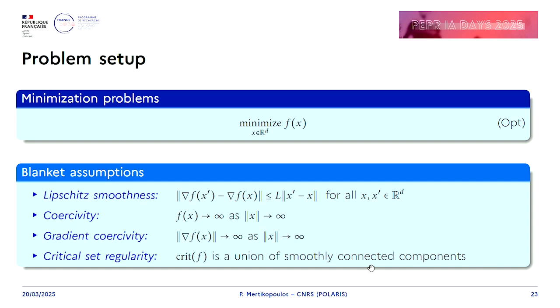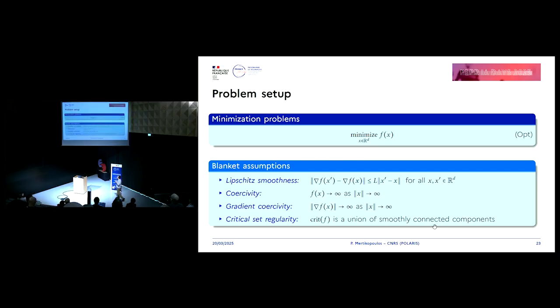All right, so here is where the technical part starts, and I'm just going to state the blanket assumptions that we have for the analysis. We always consider a non-convex function f, and the assumptions that I'm talking about here is Lipschitz smoothness. So this is basically C2 with bounded growth, and we want the function to be coercive